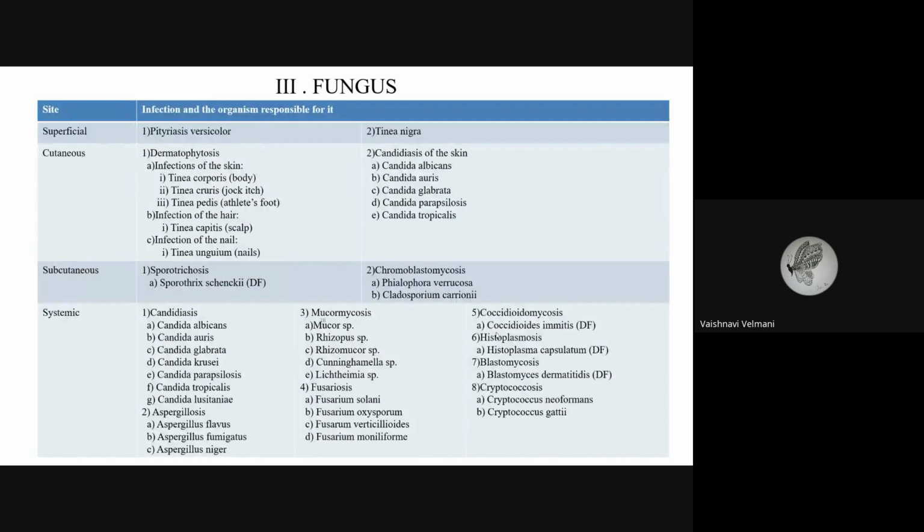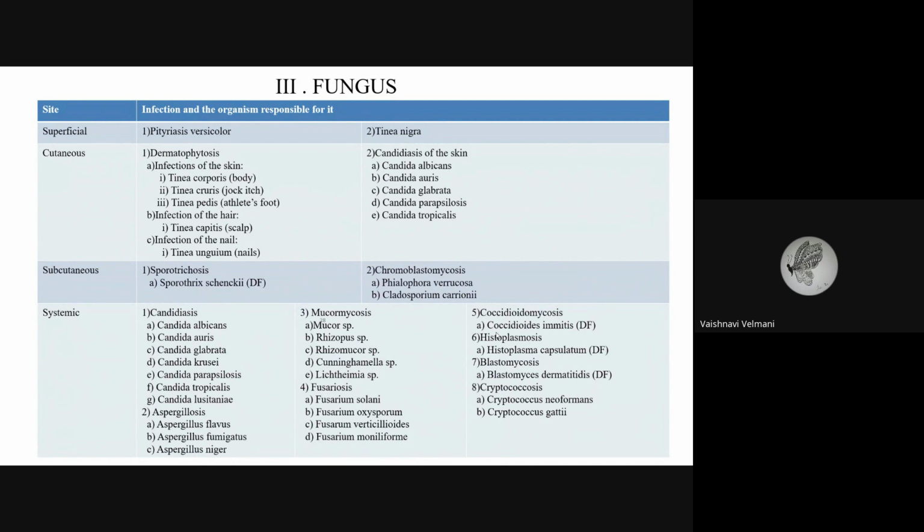Next. So then moving into the fungus. In the fungus, based on the site the infection occurs, we can classify the type of infections and the organism which is responsible for it. If the fungus is causing superficial infection, that is dependent on Pityriasis versicolor and Piedra nigra. Then if it is causing infection in the cutaneous layer, that is beneath the superficial layer, then it might be dermatophytosis